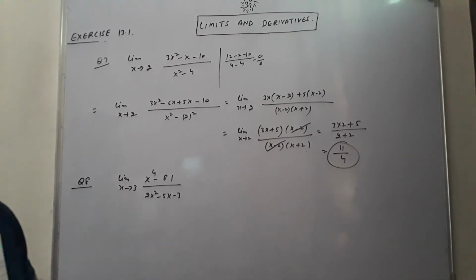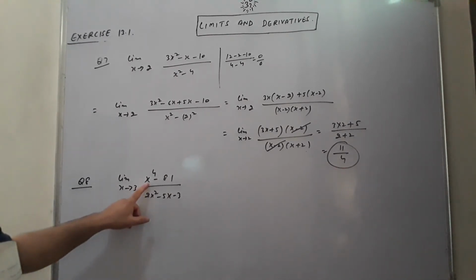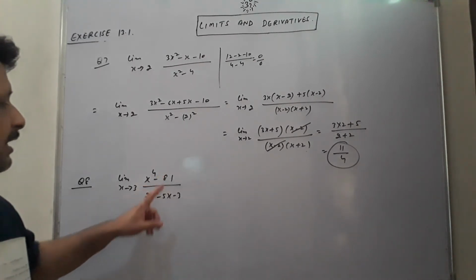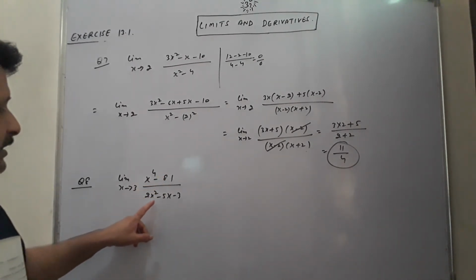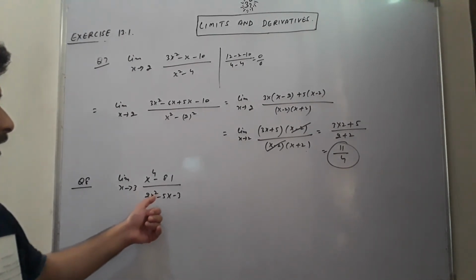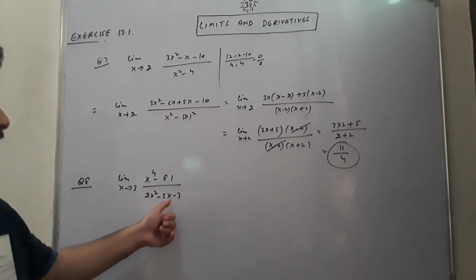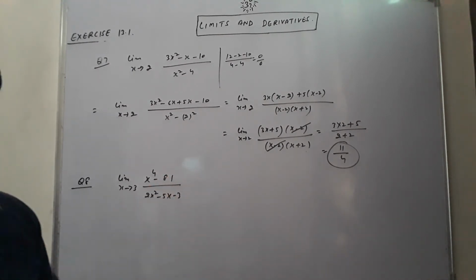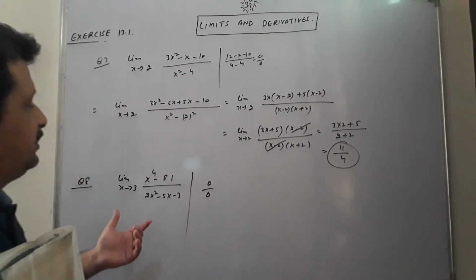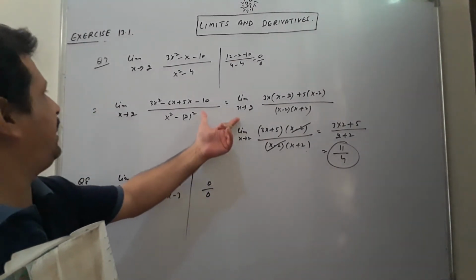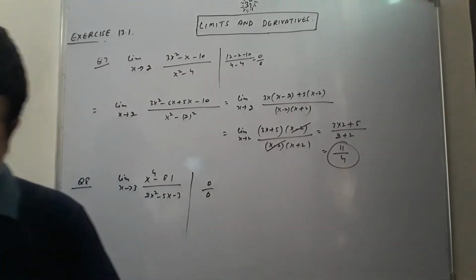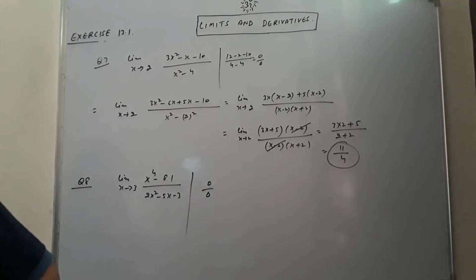If I put x as equal to 3, then students, 3 to the power 4 will come as 81, 81 minus 81 will come as equal to 0. While if we put x as 3 here, 3 threes are 9, twos are 18, 3 fives are 15, 15 minus 3, it is also 18, so it will also come in the form of 0 by 0. And when it comes in the 0 by 0 form, in the same way that I have told you in the 7th question, I think you can very easily do it. So let us come to the next question.